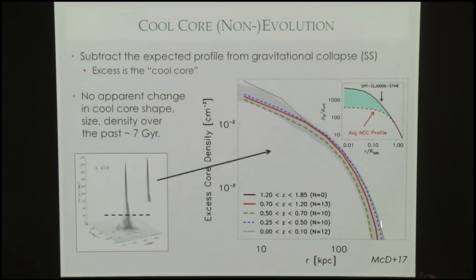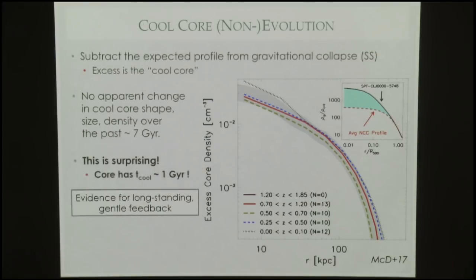That's remarkable, right, that happens. So this means that we think that AGN feedback is very, very gentle and long-lived. If it was too explosive, it would puff up the cool core or destroy the cool core, or you'd get a lot of this kind of breathing, right? But the fact that it's just so well maintained over 10 billion years means it's really just like housekeeping AGN. It's not a wrecking ball AGN. And so this is kind of remarkable that the central core is just very, very well regulated for such a